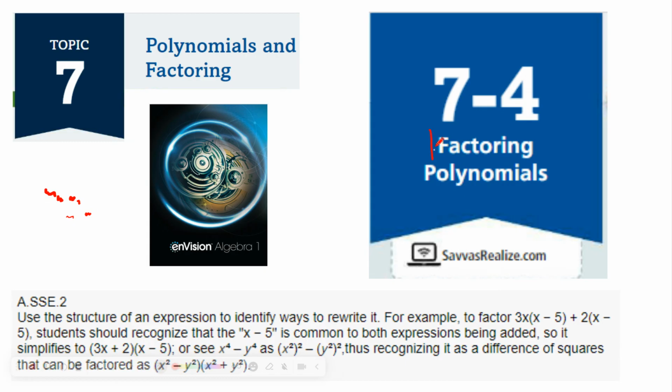So yes, we are going to finally learn what it means to factor polynomials. And I'm going to suggest that factoring is the opposite of multiplying or distribution. So it's very much like division. So I'm going to put division in parentheses. I'm also going to put the word parentheses, because as you might recall,